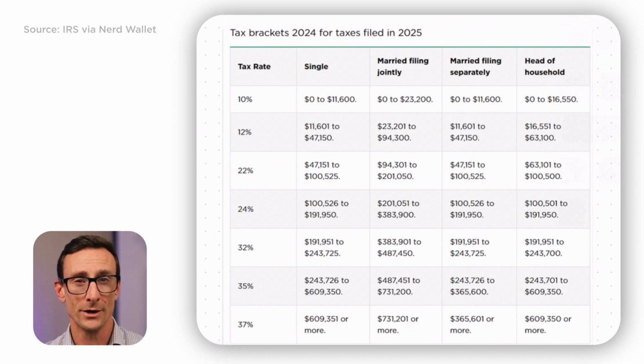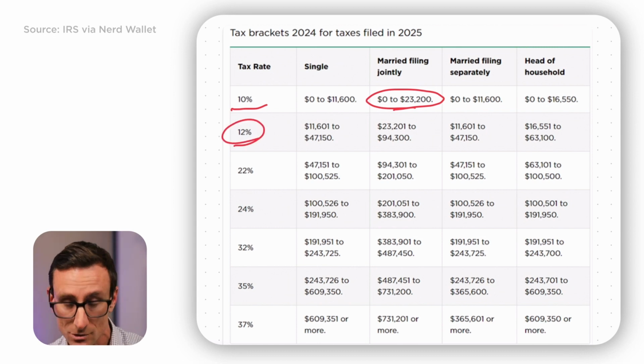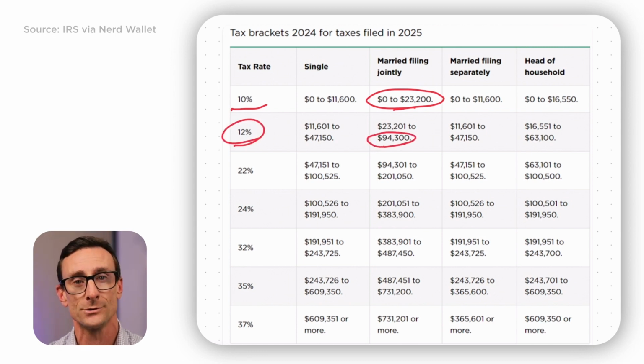And I'm going to point out the married filing jointly figures for these examples just for your own focus. You can see the brackets if you file single or another method. So up to $23,200 is taxed at 10%. Then every dollar above that is taxed at 12% up until $94,300. Then you can move on down the list. If you're fortunate enough to earn $750,000, all your income is not taxed at 37%, but just the income above $731,200. Your income is actually taxed at a blended rate according to this schedule.